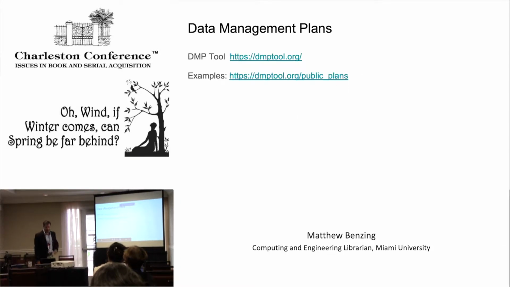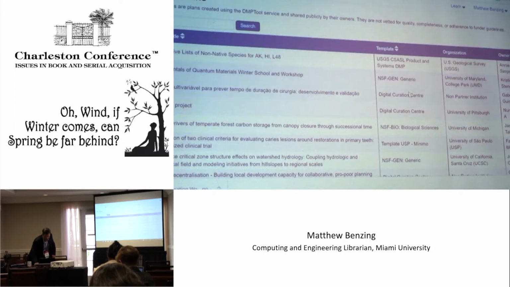Okay, data management plan. Is anybody familiar with the DMP tool? Yep, two people. This is a tool that your researchers can actually use to put together a data management plan that will be acceptable to the National Science Foundation, to IOMS, to different grant writing bodies. You create an account. Your institution typically has an account that you can use, and there's some examples here of different plans.